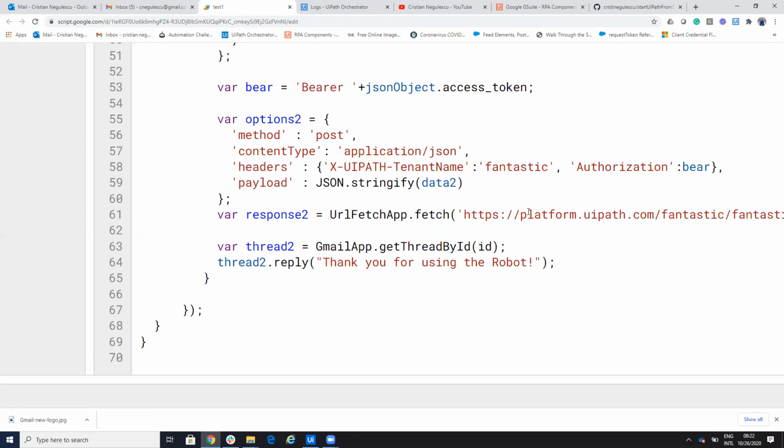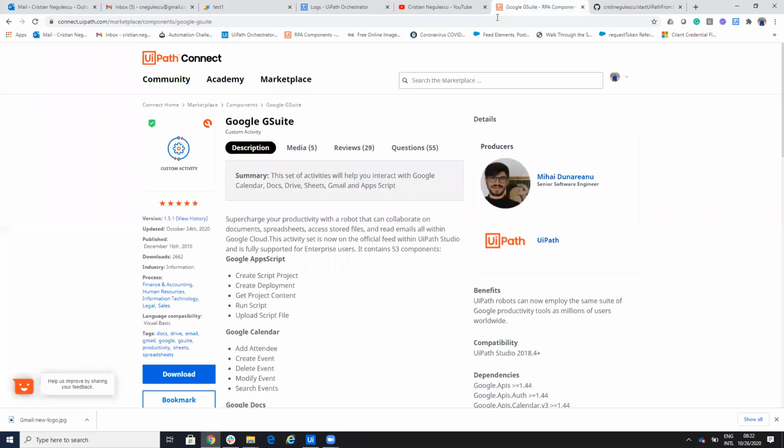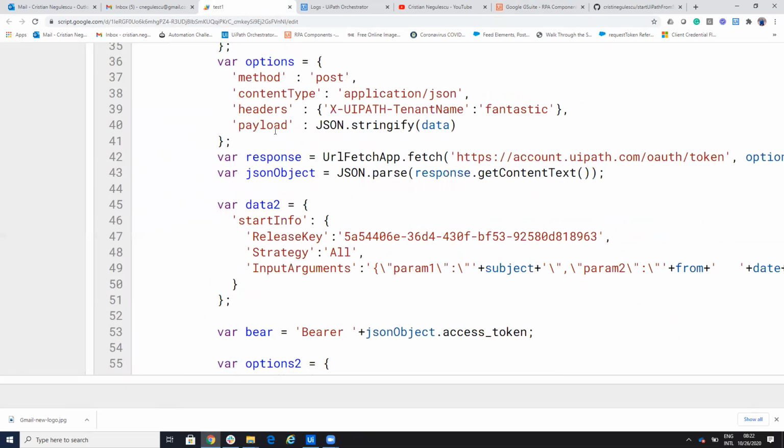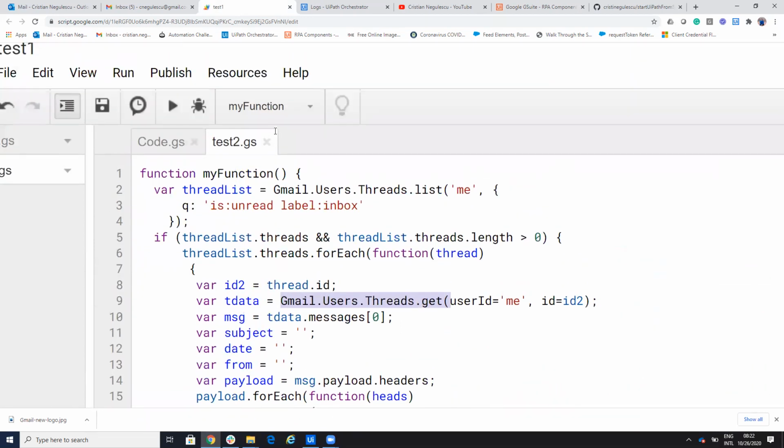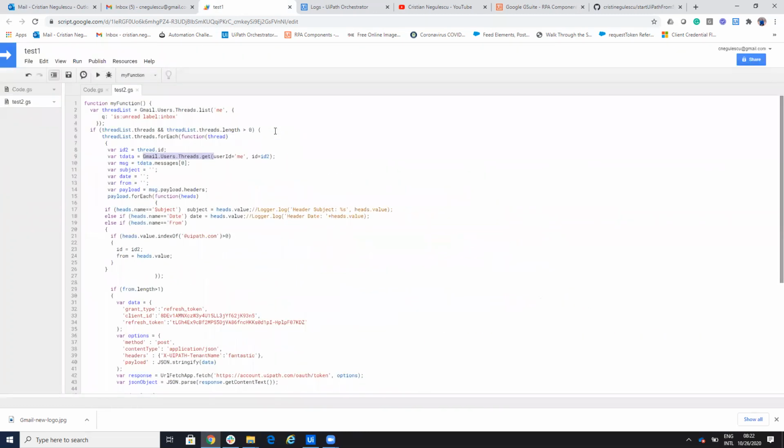Inside of UiPath Studio, you can use the Gmail activity made by Mihai to take more data from your Gmail and so on. Here, the idea of the script was just to make a simple filter, and the trigger decision should be done by the Gmail account. Don't put the robot in a loop to search your Gmail account. You can configure the Gmail account directly to trigger this process.